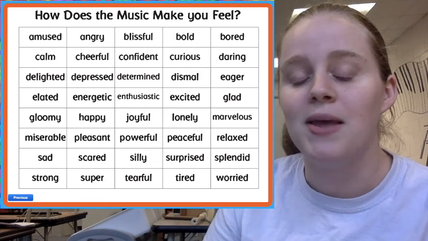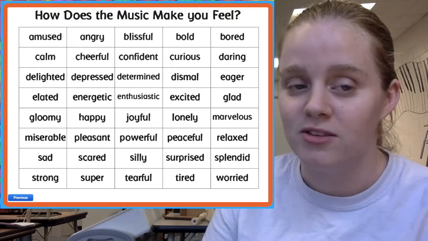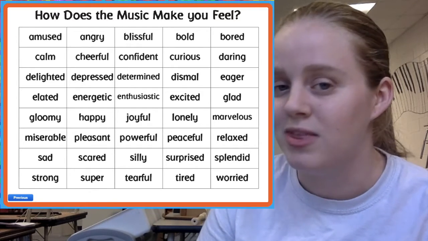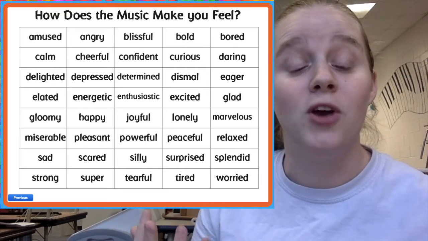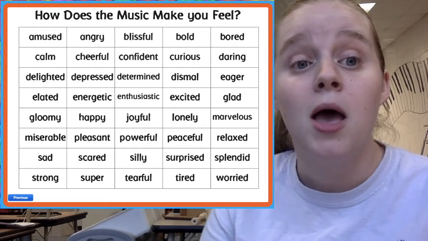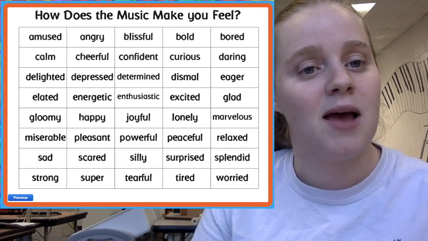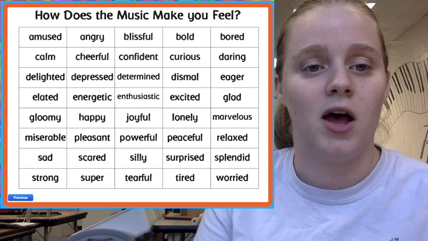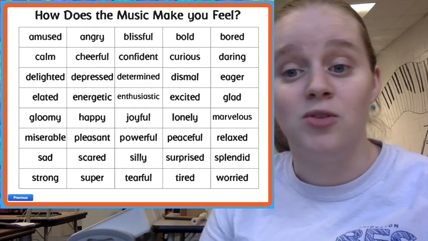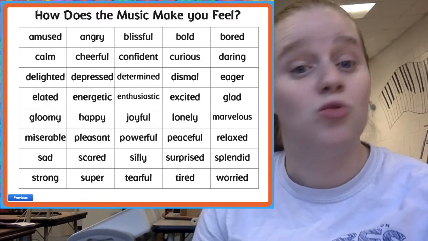So if you want to take a minute to look over this list before you listen to Pachelbel's Canon, or if you listen to it first and find a word that you think helps describe how it makes you feel. Usually quieter music will make you feel kind of calm, but that's not always the case. Sometimes it can be quiet and kind of sad or miserable or something like that, and sometimes loud music can make you angry or it could make you cheerful. So I want you to express how you feel about the song,